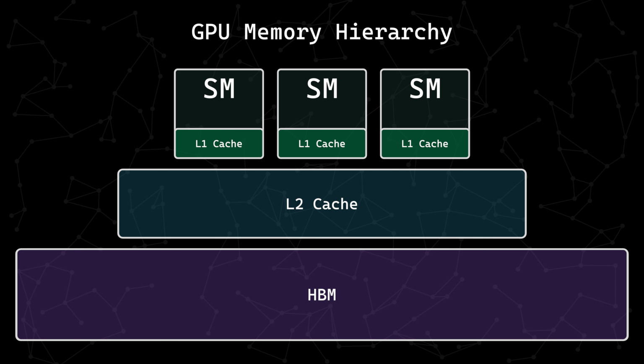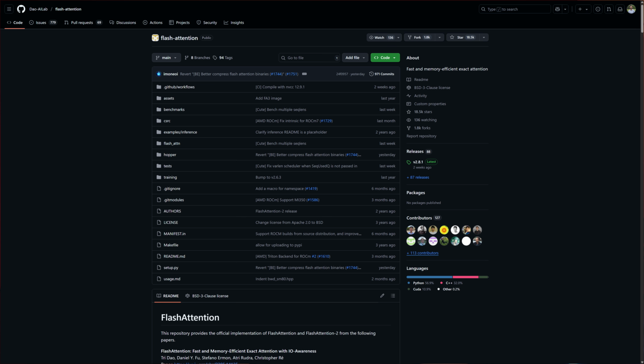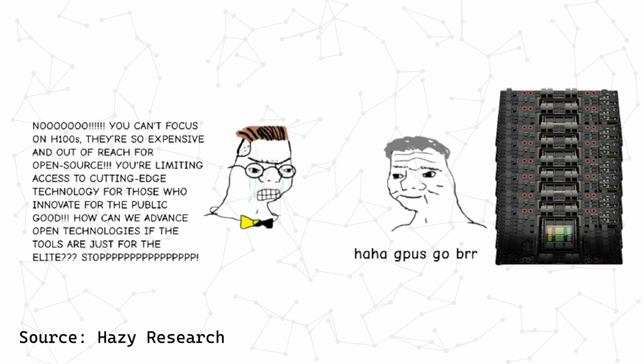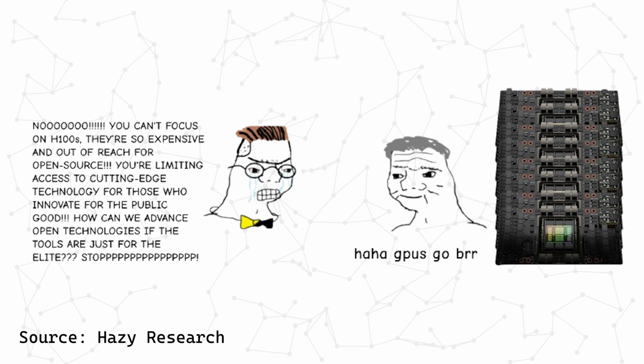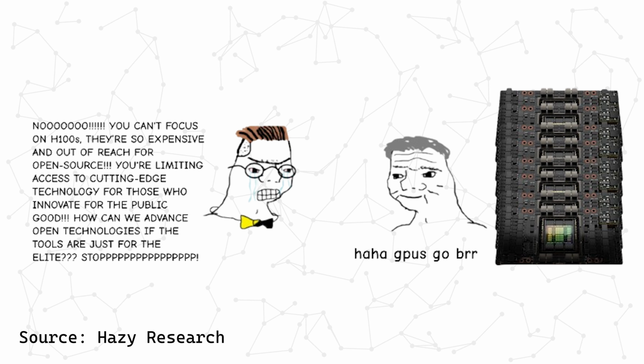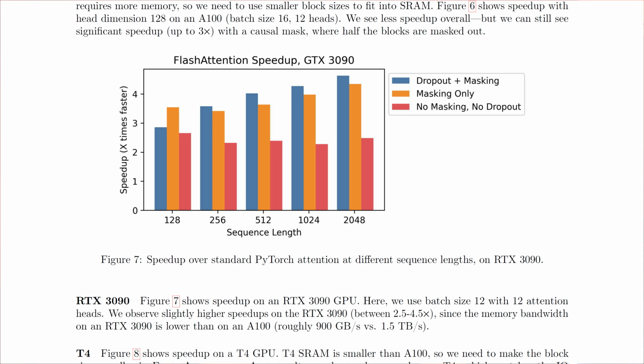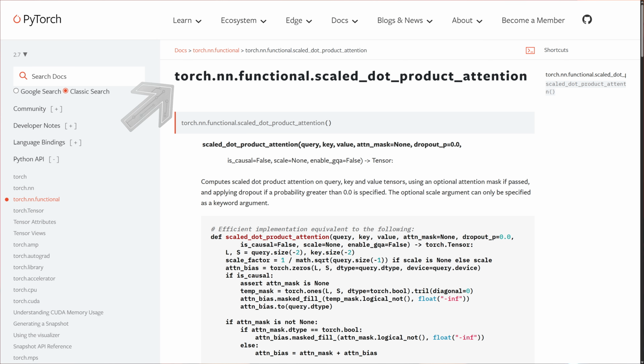Flash attention is a faster way to compute attention, one that takes advantage of the memory hierarchy that is innate to our modern accelerators. The best part? It's completely open source, and the speedups it enables aren't limited to enterprise-grade GPUs that are tens of thousands of dollars. On an RTX 3090, flash attention enables a speedup of over 4x. Using it is as simple as calling this one function from PyTorch. It's literally a free performance gain with no hacky approximations or sacrifices of any sort.